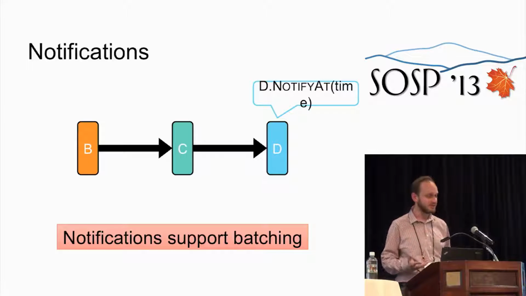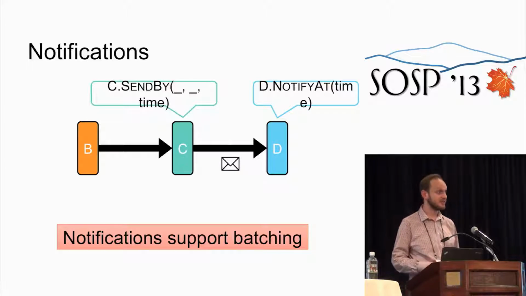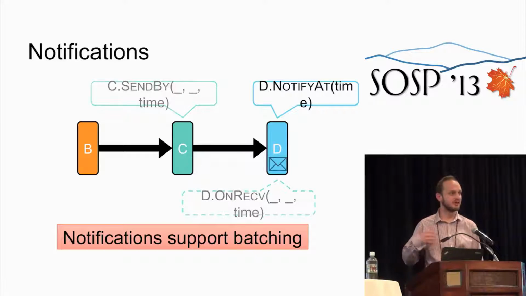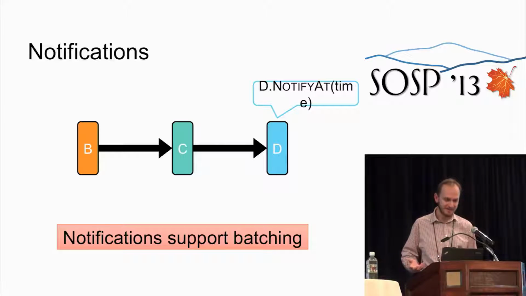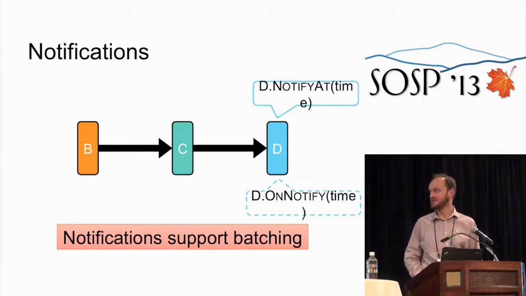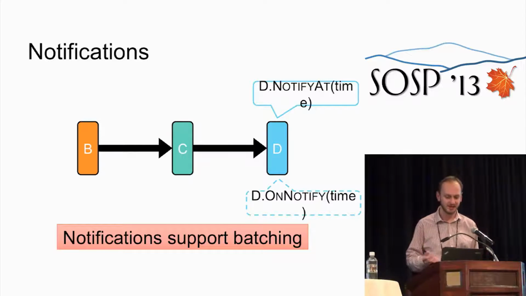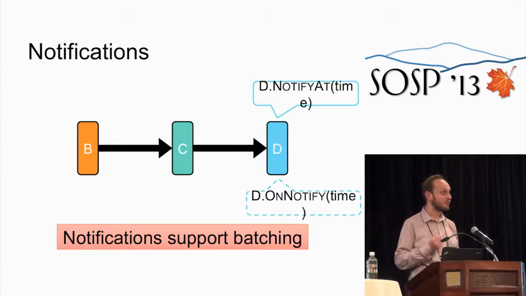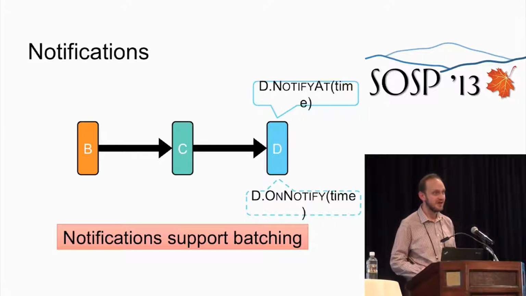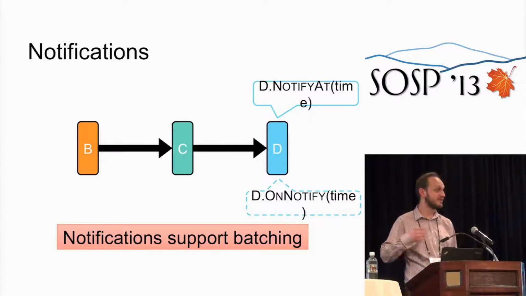This doesn't block execution, so D can continue to receive messages and do some processing in OnRecv. So it can do things like run combiners or otherwise compress the state. It finally receives the notification in its OnNotify callback when all of the upstream work at that time has completed. And once this notification is received, D can tell that it has seen all of the data for that time, allowing it to perform work that requires it to know all of these values. For example, producing the true result of an aggregate, or performing some cleanup once it knows that an operation has completed.